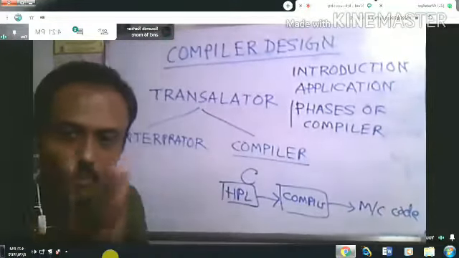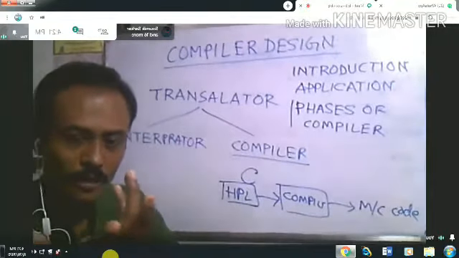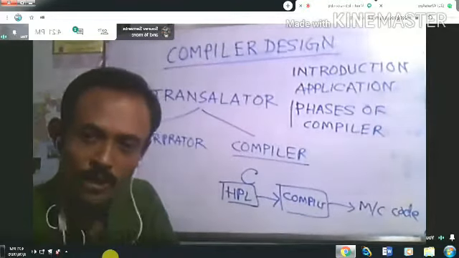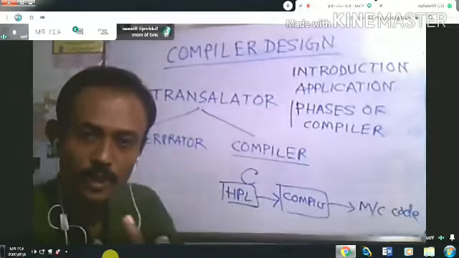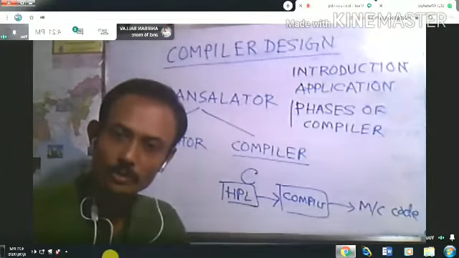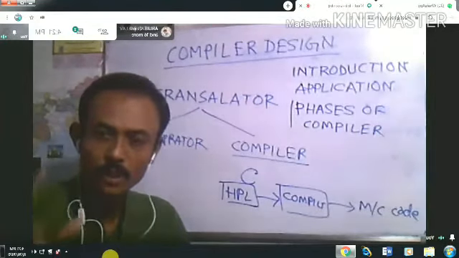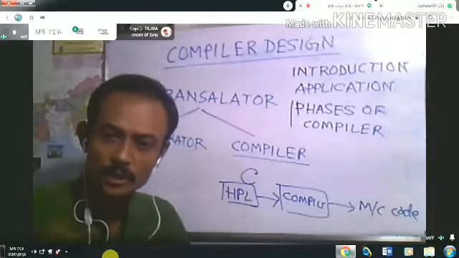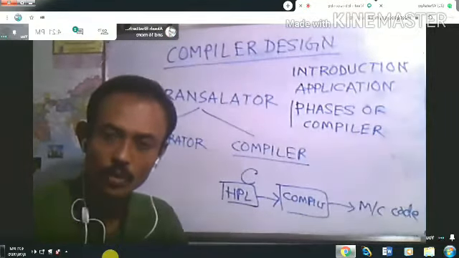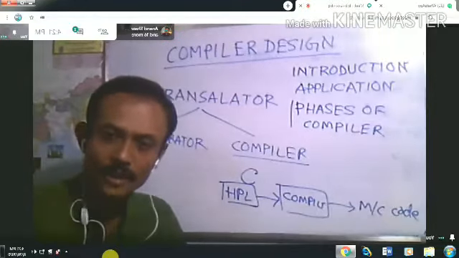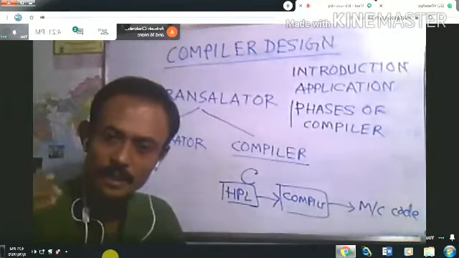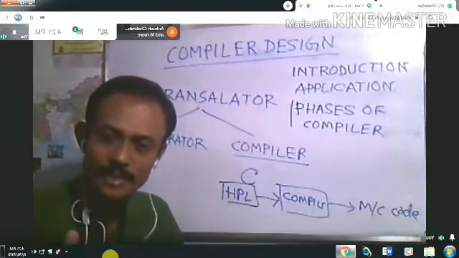So what is the purpose of the software engineering or computer engineering domain? Its purpose is to execute the program, to execute the software. To execute software, you require hardware. Without hardware, you cannot execute a program or software. That's why the concept of organization and architecture is very essential, because if you don't know the machine by which you will execute the program, you cannot understand the whole scenario of the system. That's why computer organization and architecture is very important to understand the system.